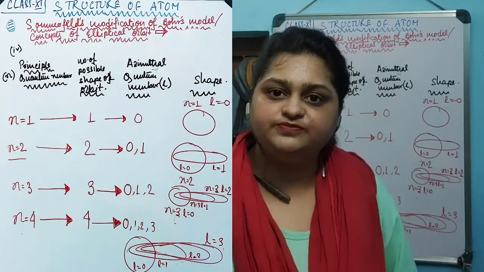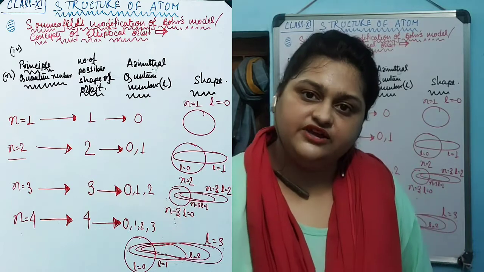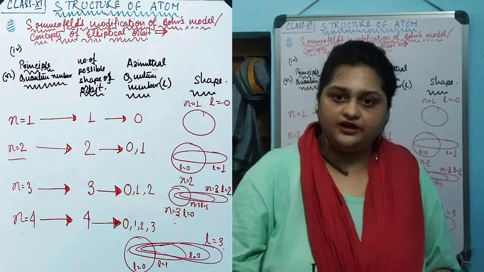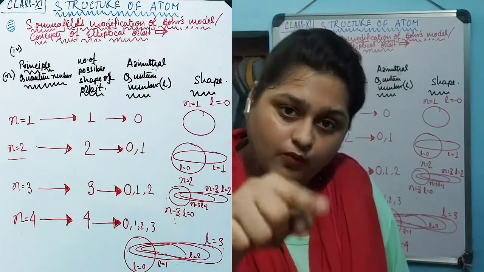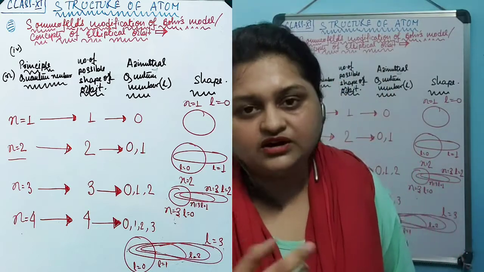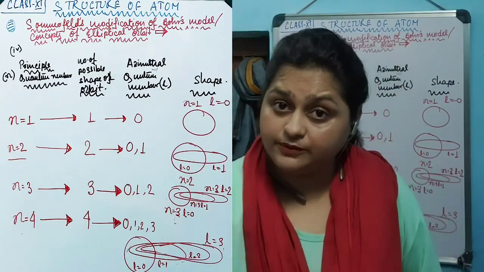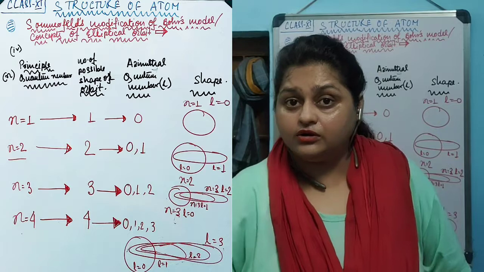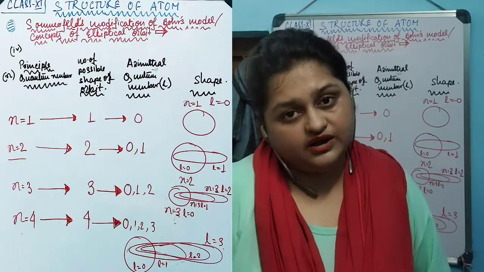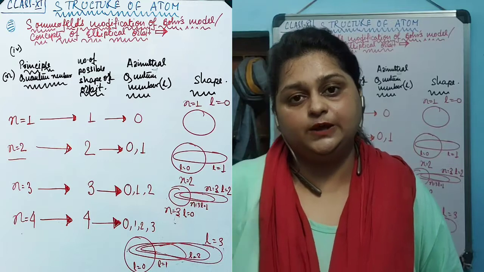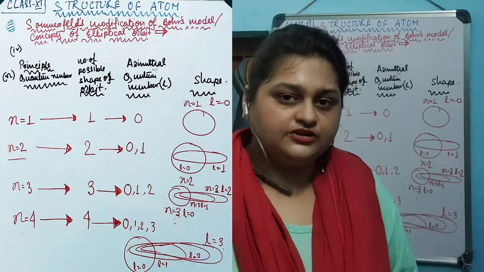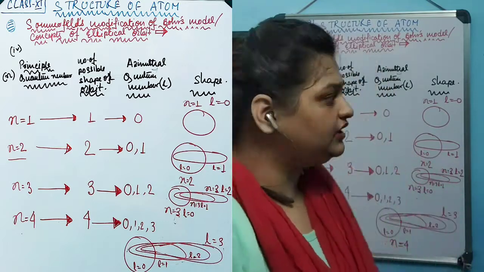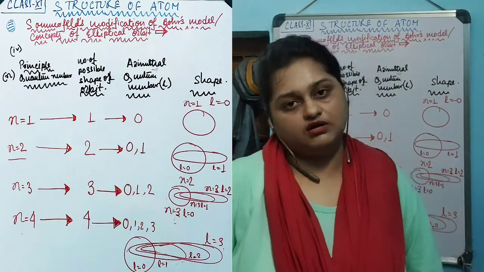That's why the first permitted shape, known as the circular shape, is designated as 0. The first permitted elliptical shape is designated as 1. The second permitted elliptical shape, which is more diffuse compared to the first elliptical shape, is designated as 2. The third, more diffused elliptical shape compared to the last 2 elliptical shapes, is designated as 3. So these are the concepts of elliptical shape and modification that Sommerfeld did in this atomic structure.